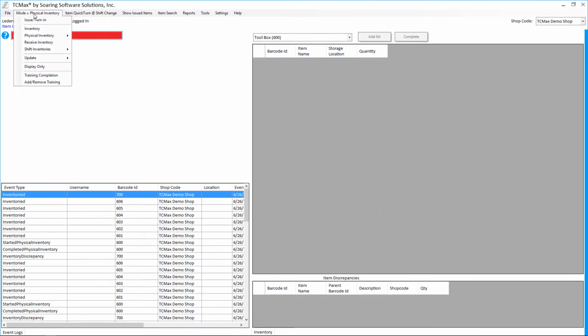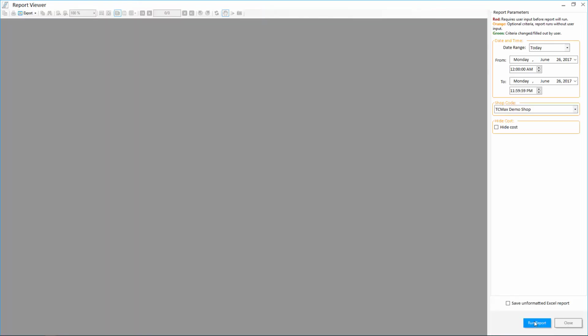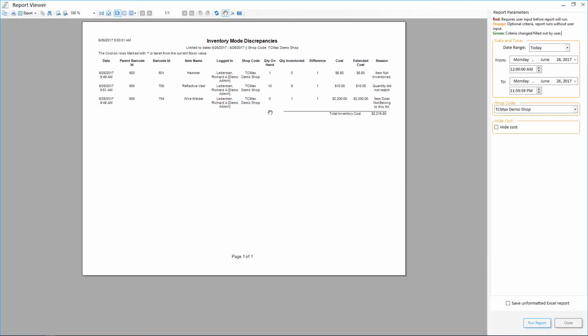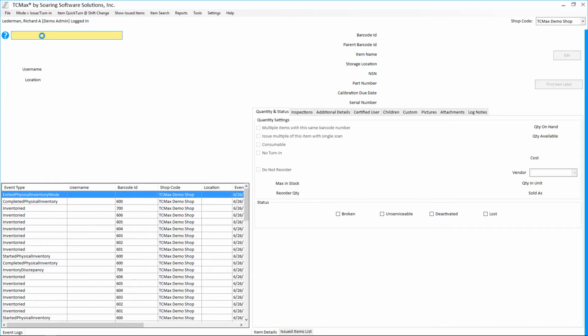Inventory. The report shows no additional discrepancy records. If we view the item on the main screen in Issue Turn-in mode, we can see that the quantity was updated.